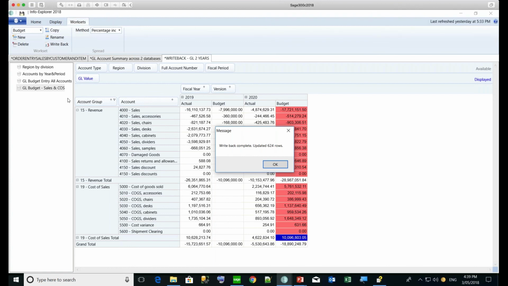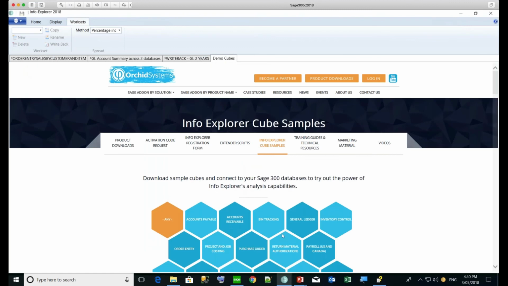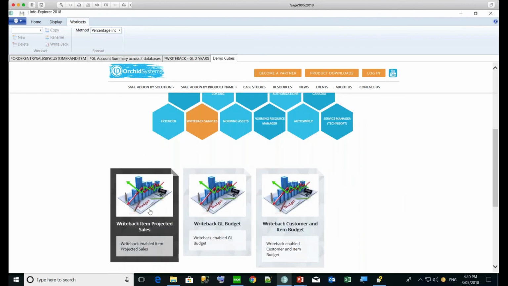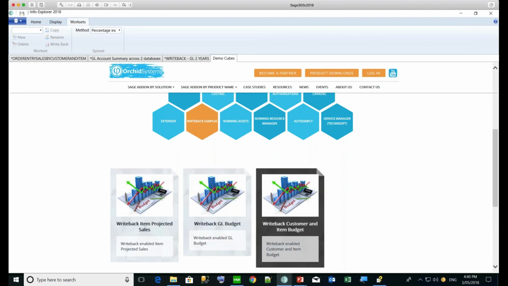So the sample write-back cubes that we have on our website, if I just go back to my download of sample cubes, and I filter by write back. We have 3 write back samples, which allows you to write back into IC, the item to projected sales, which is done on a monthly basis. So you can update the budgeted projected sales. If you are using that for purchase orders, for example, you can update it from a cube. The write back to the GL budget is what I've just demonstrated. And the write back to the customer and item budget is if you're using